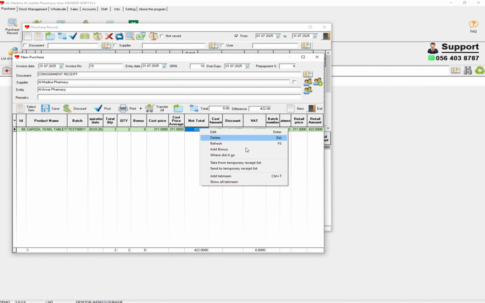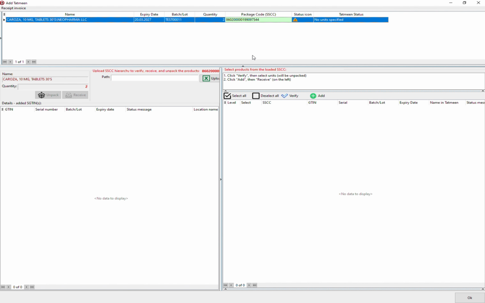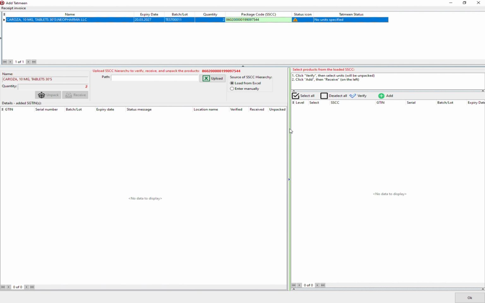Next, in the context menu, go to the Add Tatmeen item. In this interface, we see the introduced product, where we need to specify the package code of this cell. Click on the cell. Enter or scan the package code. Click Enter. Next, in the lower part of the interface, upload an area to select the option of loading the